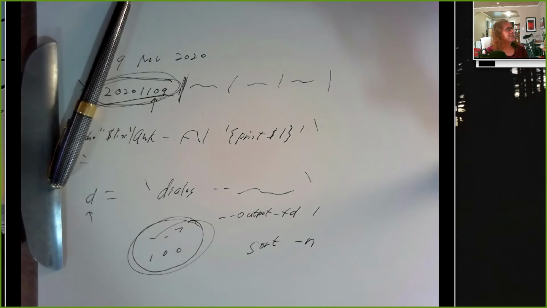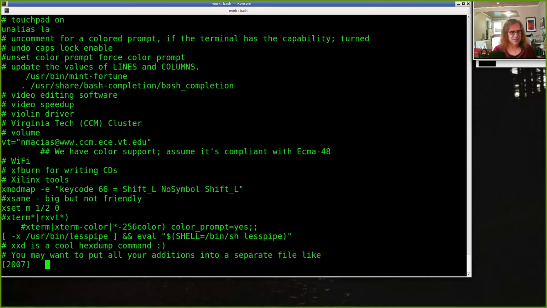My dialog had problems in bash when I put in back quotes and wasn't assigning it to a variable, so when I removed those it worked. Interesting. Oh, if you put it in back quotes and you're not assigning to a variable, yeah, that won't work. It will probably give you an error message saying, you know, 9th November 2020, unrecognized command or something like that. So, the back quotes are very definitely